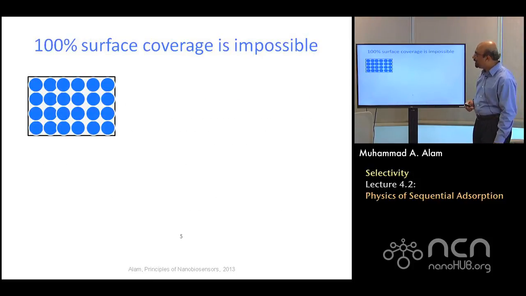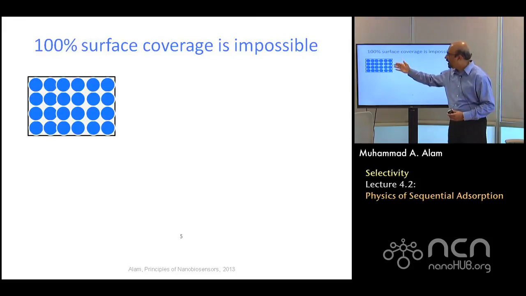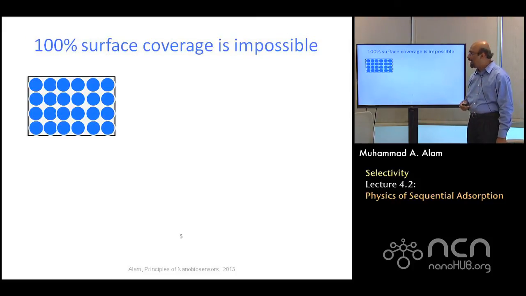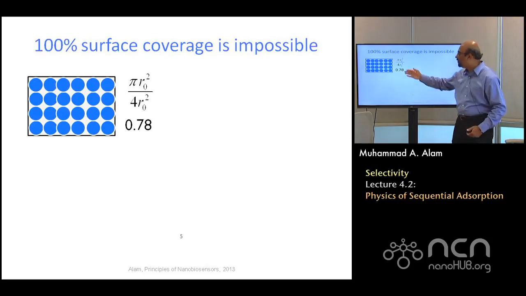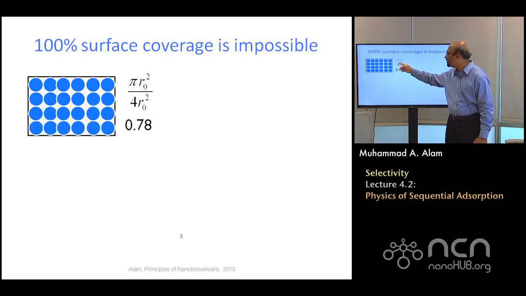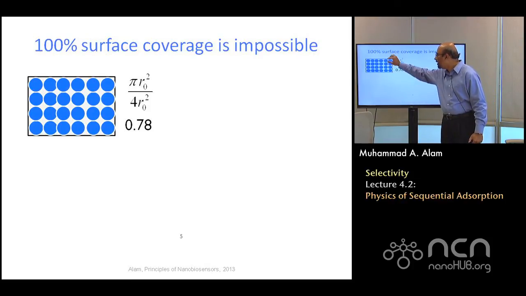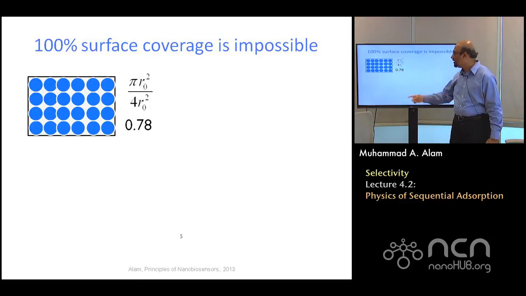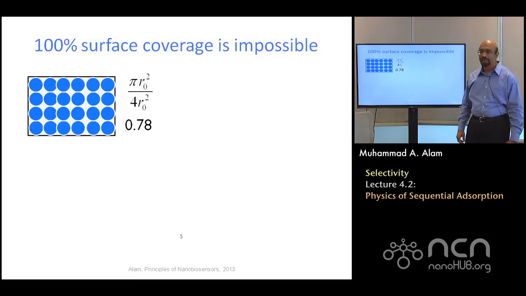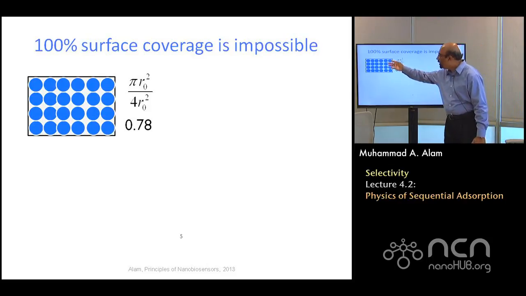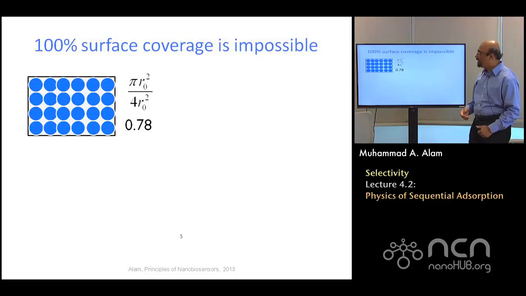Think about a periodic array arranged nicely. We all know that the fraction of area covered is pi r squared, the area of the blue circle, divided by the box that contains the circle, which is 4r squared if the diameter is 2r. You divide, pi over 4 is 78%. So 78%, if things are nicely arranged, of the area is covered. That leaves 22% empty spaces, white spaces, which is bad because other molecules can come in and sit there, and therefore give a false signal.